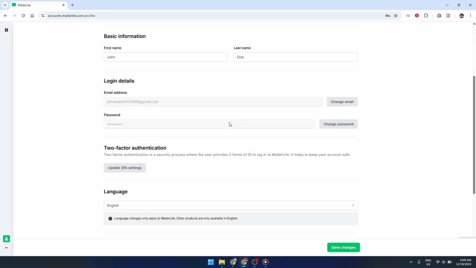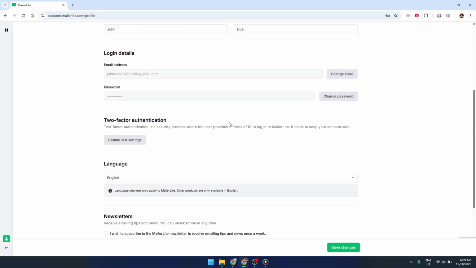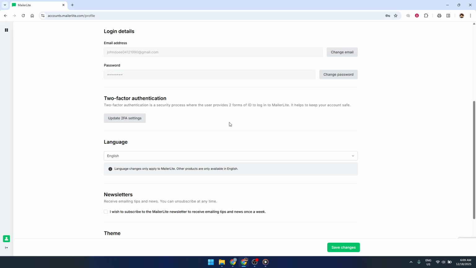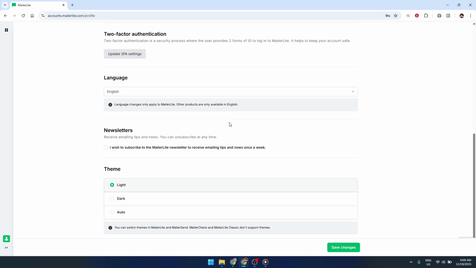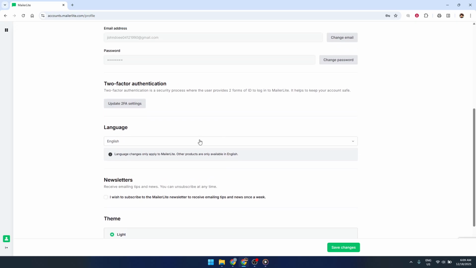On the profile page, you'll see several sections related to your personal information and preferences. What we're interested in here is the language setting. Scroll down the page slowly until you find the section labeled Language. It may be grouped together with other general settings, so don't worry if you have to scroll a bit to